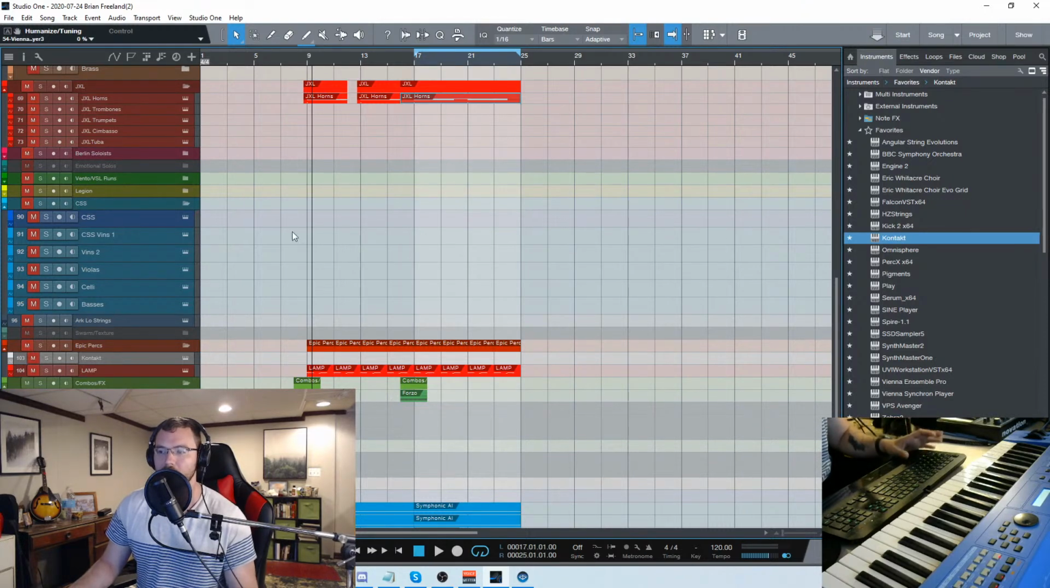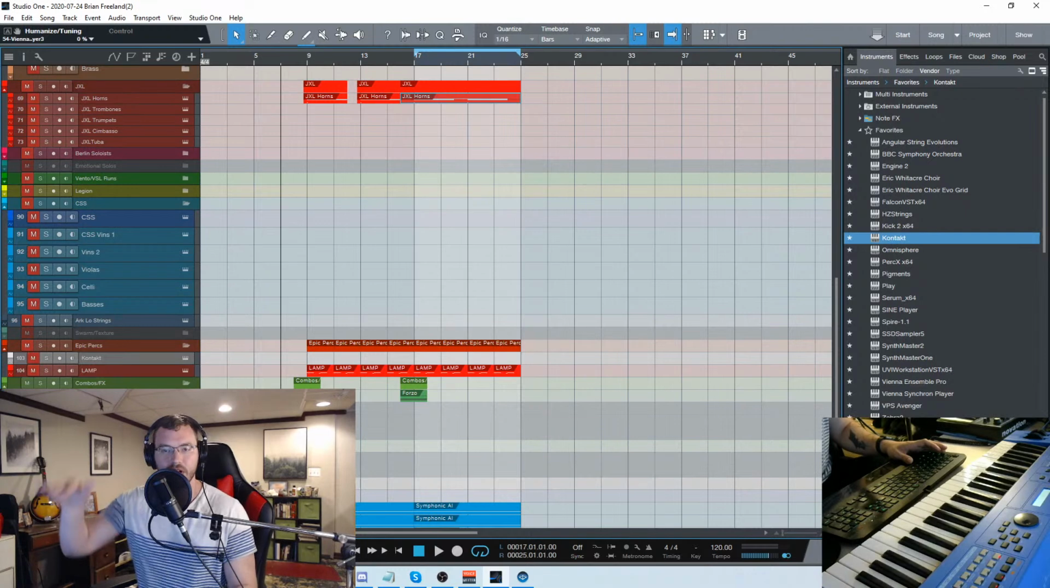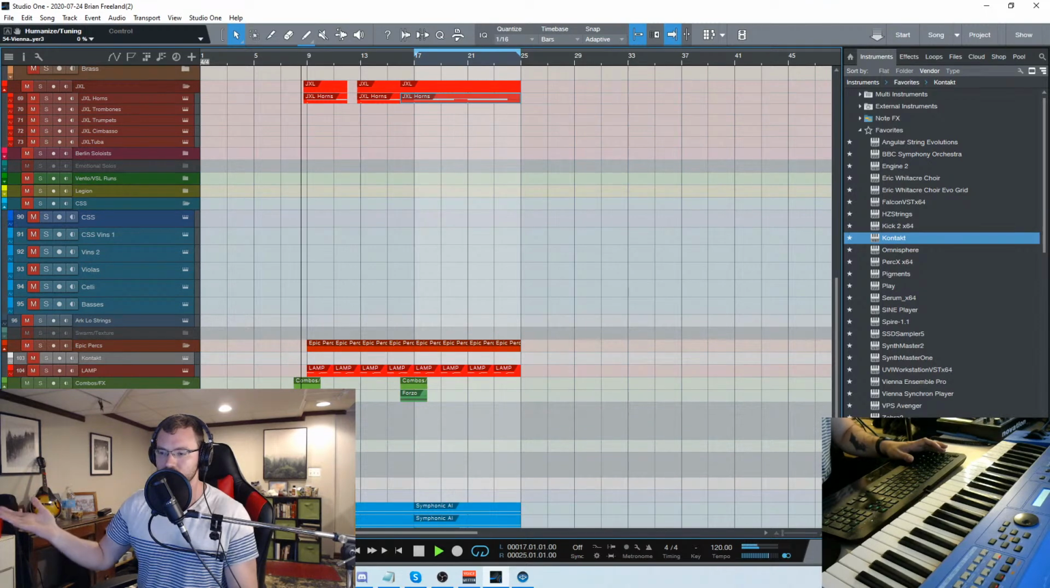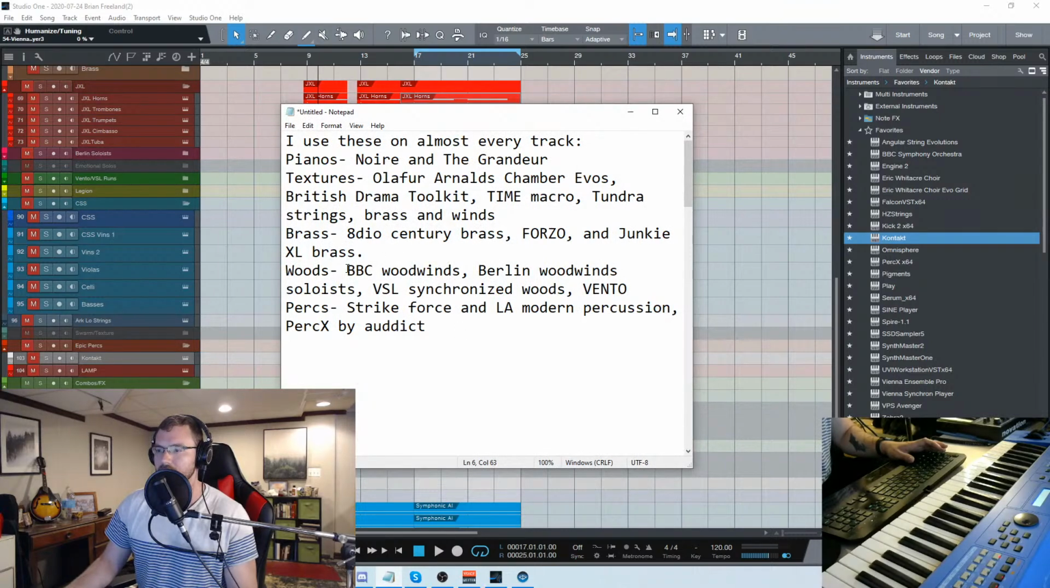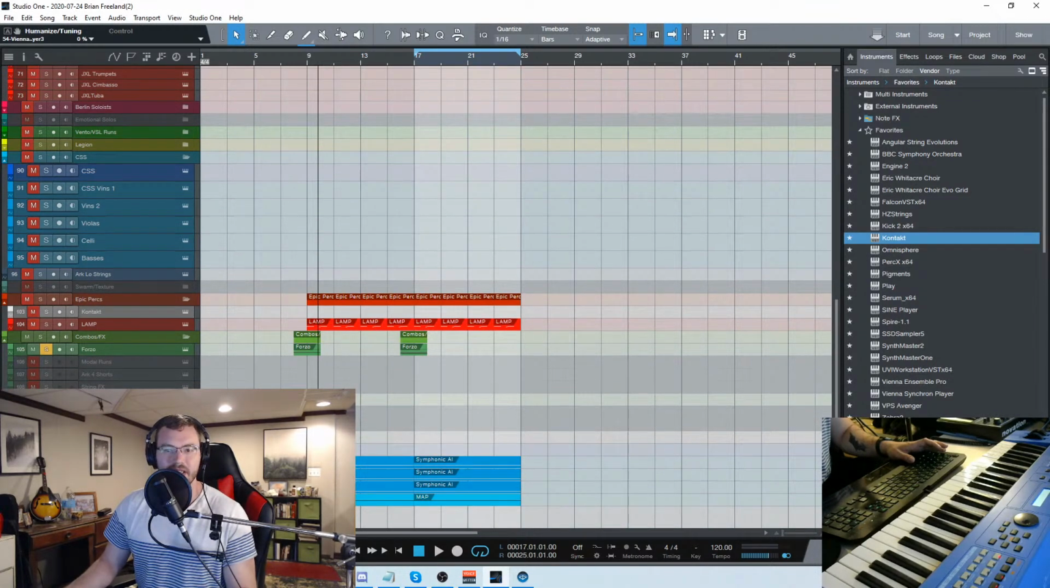Forzo is so powerful, even though I have the JXL brass. Forzo is just an ensemble, so it's got trumpets, horns, cimbasso, tuba, and trombones, all of that in one. So you can just take one note, put it down the octave, and you get a nice thick sound, and it's got that little bend at the end. Oh, woodwinds. I actually really like the BBC woodwinds. Berlin woodwinds, the soloists, which are very nice and expressive. And this is another thing I go on about with playability,